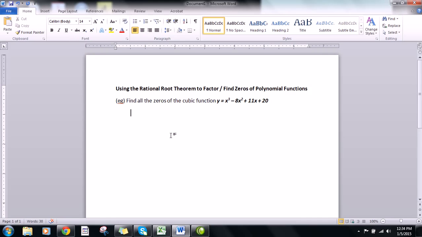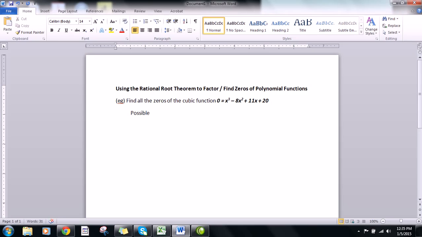So here's the deal, right? We're trying to figure out when this guy equals 0, right? And right now, as we discussed in class, we can't factor by grouping. It's not of a quadratic form. It's not a difference of cubes, a sum of cubes, difference of squares. So there's really nothing we can do. What we do have, however, at our disposal is the rational root theorem, which says the possible rational roots, if there are any, are